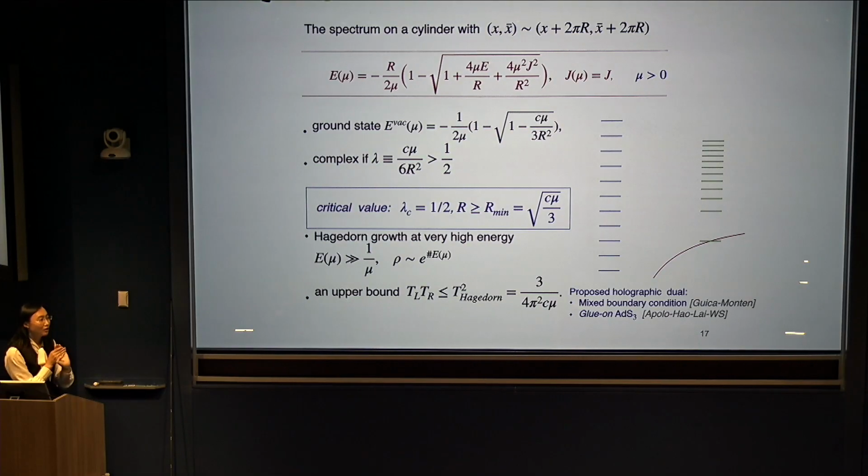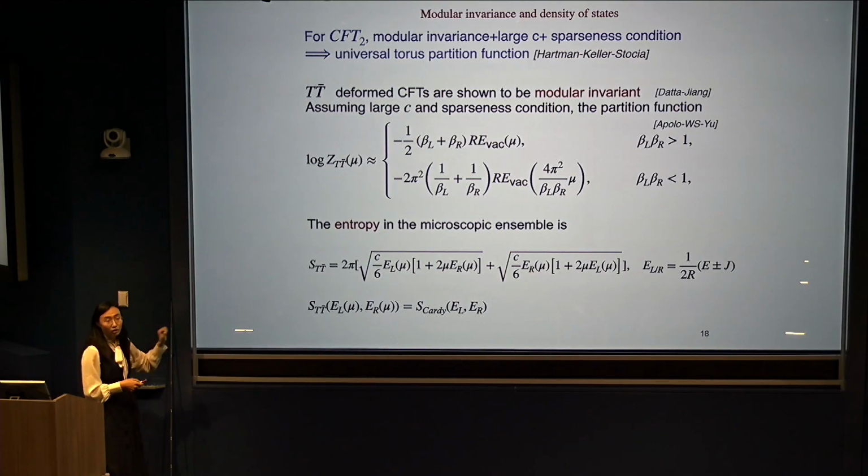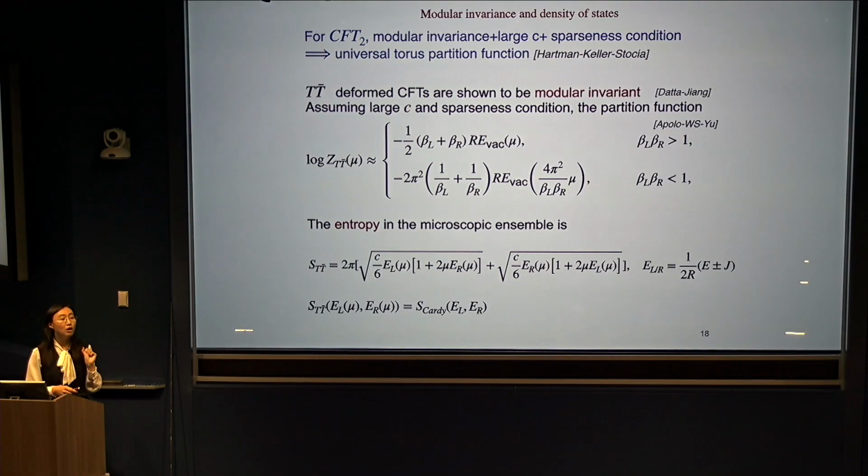If we start from the Cardy region of the CFT, we have the Cardy formula to count the number of states, and then we have a precise relation between the deformed and undeformed energies. We can just write the Cardy formula in terms of the deformed energy, and we get this formula. This is the entropy formula for the TTbar-deformed